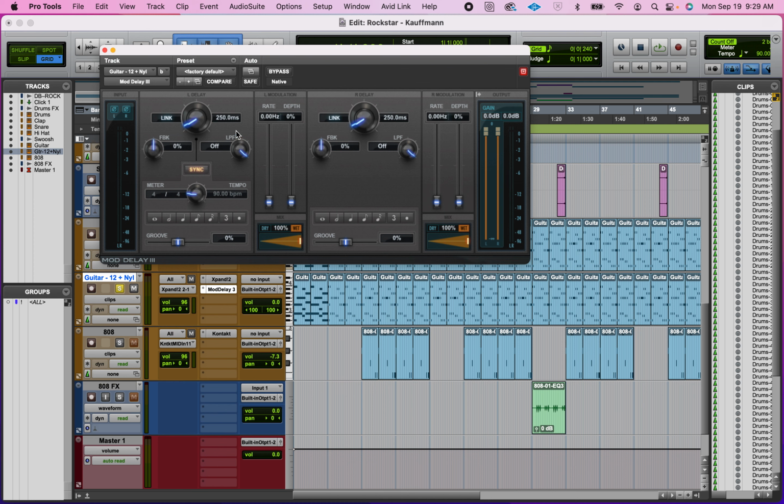And what this is doing is literally playing, and this is a stereo channel, so it's two sides, left and right. It's going to play this guitar 250 milliseconds after the note actually plays. So it's delaying the sound coming to your headphones, essentially. So you can hear how it's coming later. So that's completely unusable. But when I click into this time field, I'm going to enter 25, not 250,